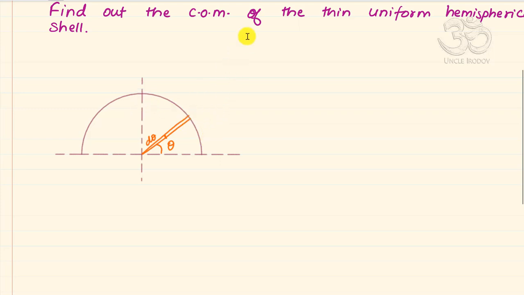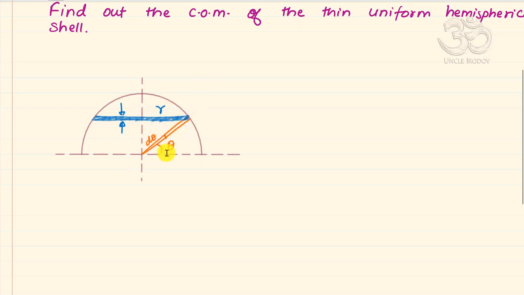Now the places where they intersect, we draw horizontals there. So like this is one line, and there will be another line slightly above it. And if you look at the blue shaded surface, it will appear to be like a ring, a very thin ring. So this width of the ring will be minuscule, and the ring will be going completely around. So it will be going back and it will be coming here like this. The radius of this ring will be small r. It will not be equal to big R, which is the radius of the hemispherical surface.